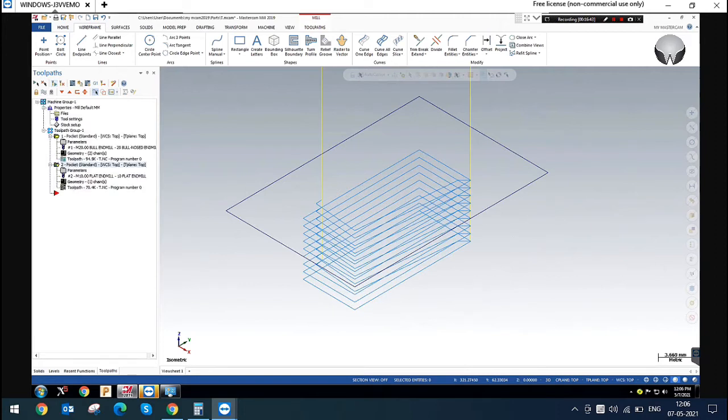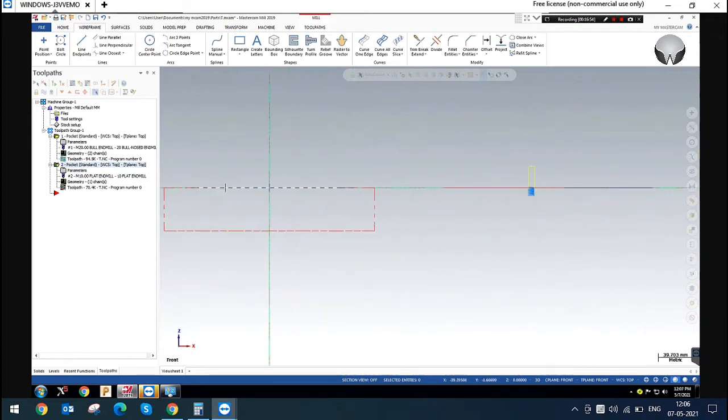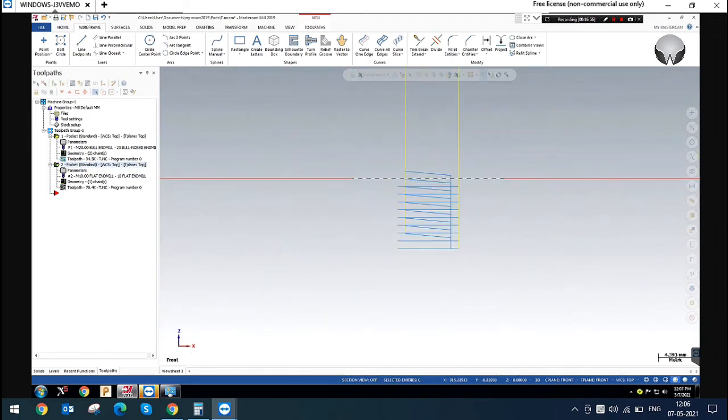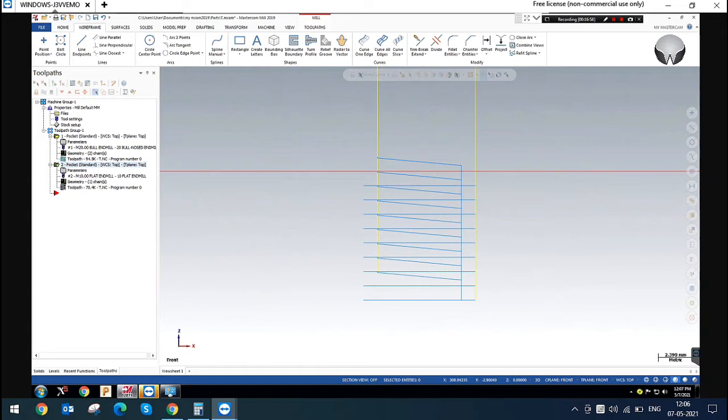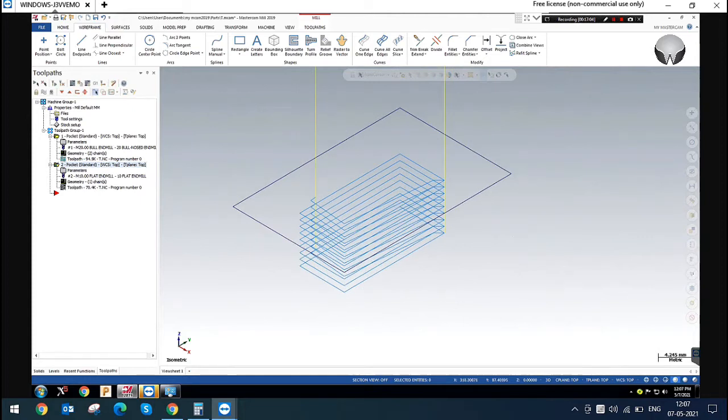You can see now the ramp will be enabled. I am just showing the front view, brother. You can see this. The ramp will be enabled because I am increasing the length of the profile.